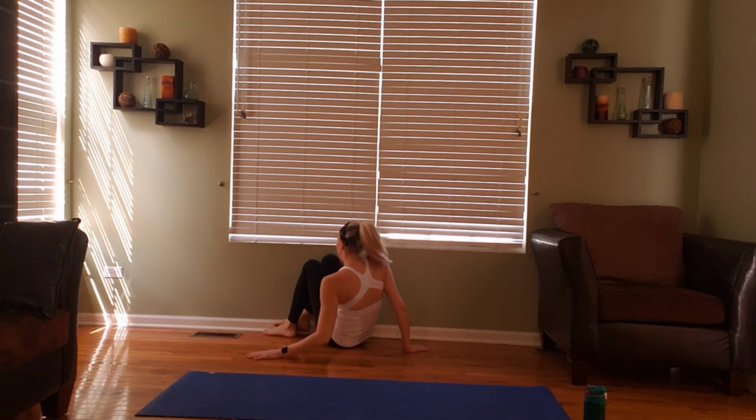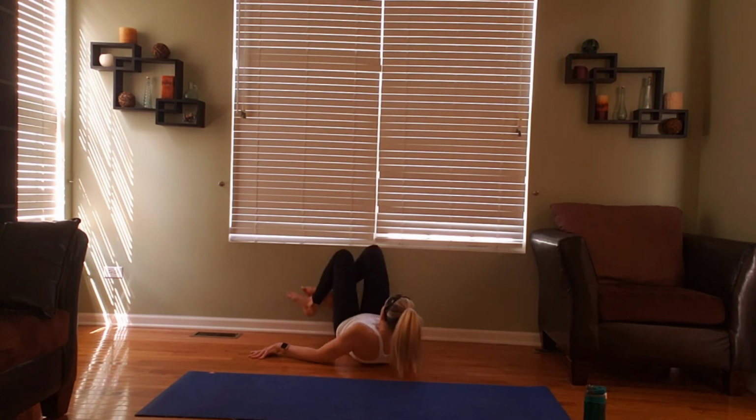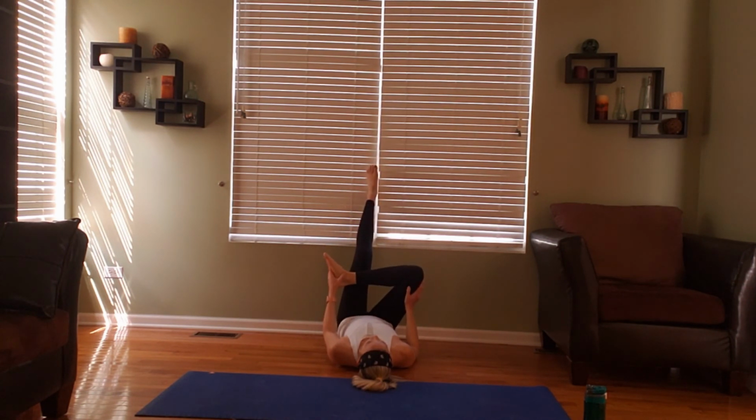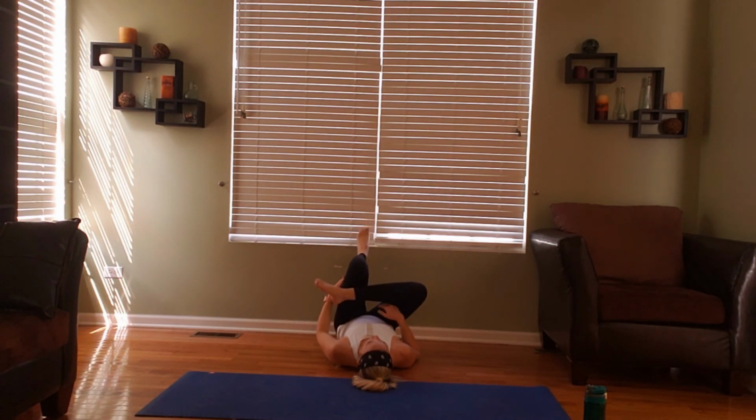And then we're slowly going to roll onto our backs here, bringing our legs up the wall, extending our feet first, and then crossing our right heel over our left thigh. We're going to come into like a reclined pigeon on the wall. And we're going to start walking our left foot down,